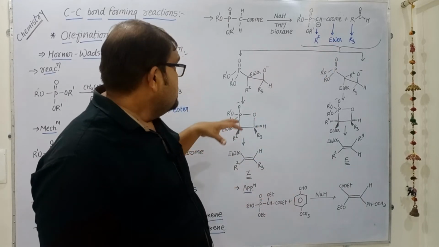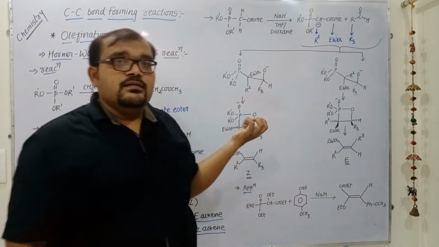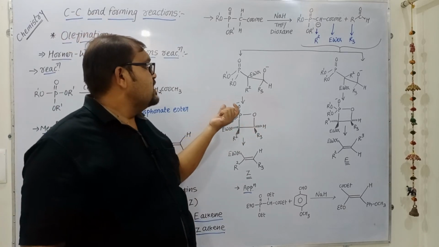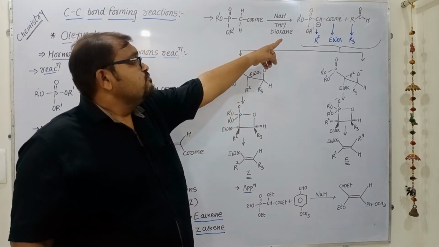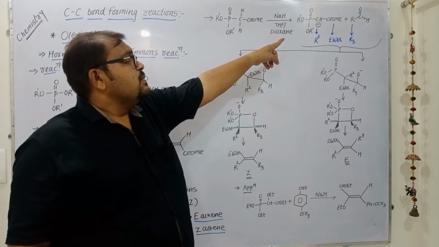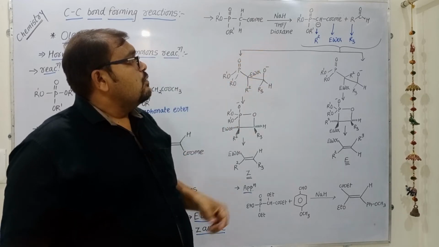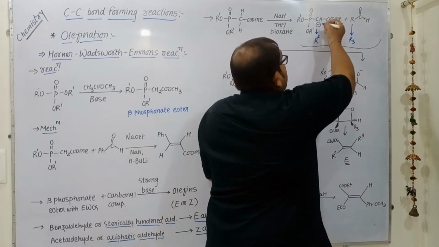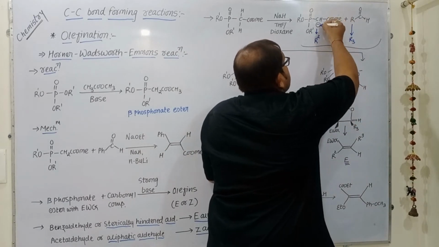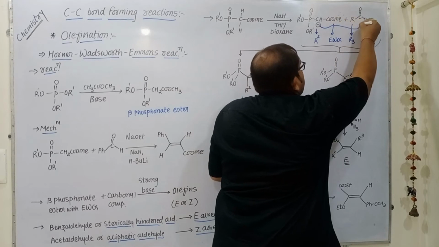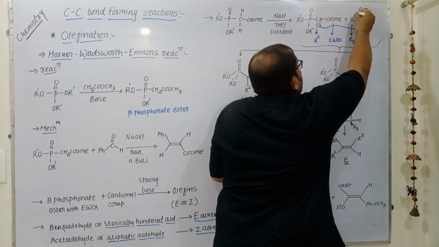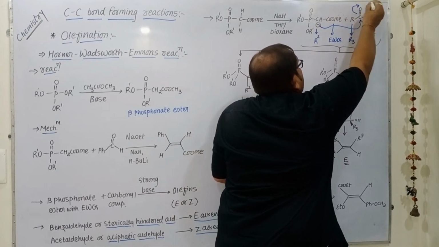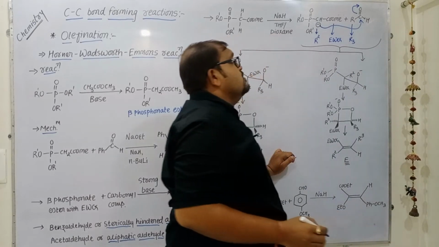So this detailed mechanism can be explained as when this charged intermediate, CH minus, attacks over carbonyl carbon,